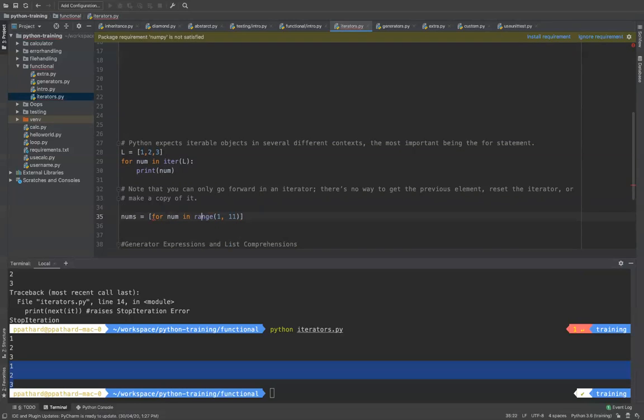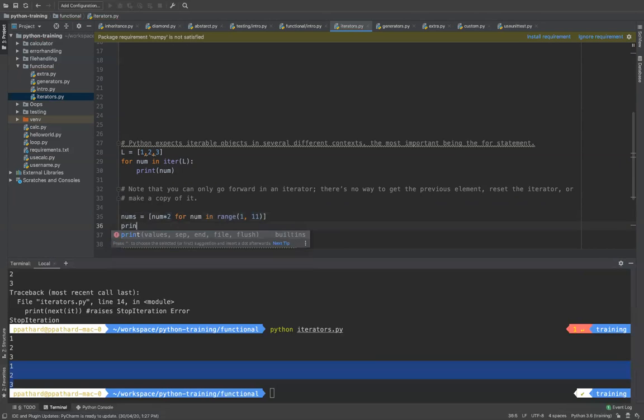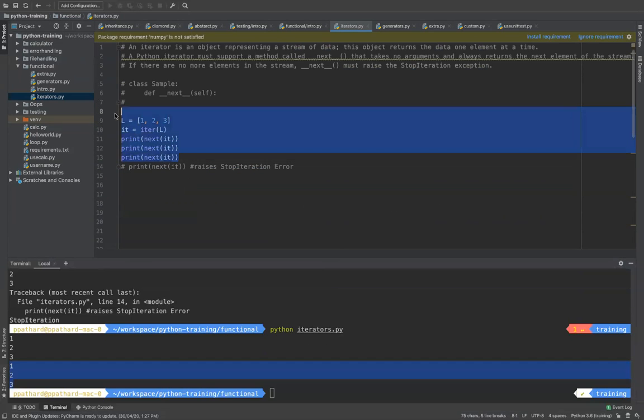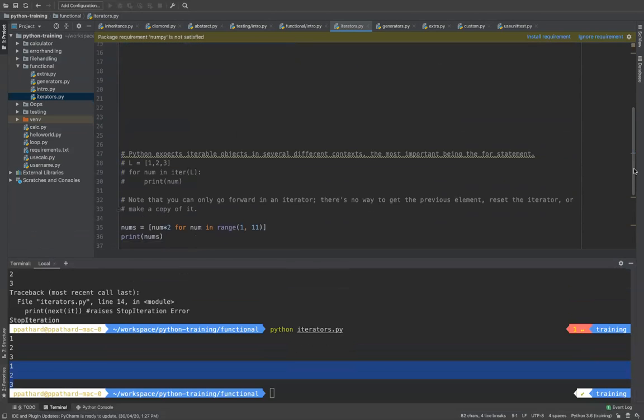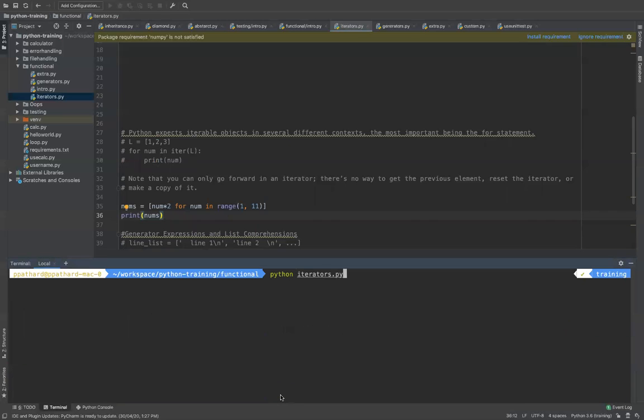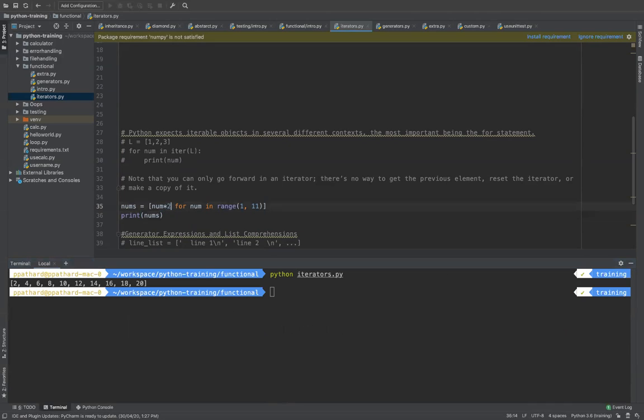See here, previously we used to write a for loop with a colon and go to the next line. Instead of that, in the beginning itself, you write whatever you want to do. For example, you want to find the square of numbers. Now when I print nums, let me comment the above ones out just to give you an idea. So now I have written code which prints the square of numbers, all in one line. It gives you the square of numbers between 1 to 10. Even if you want the cube of these numbers, you can easily do it.